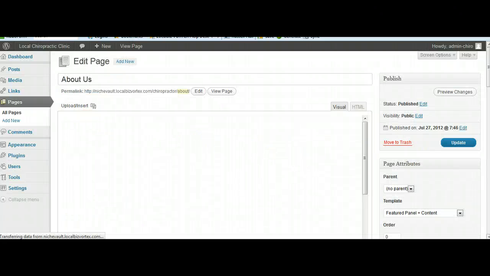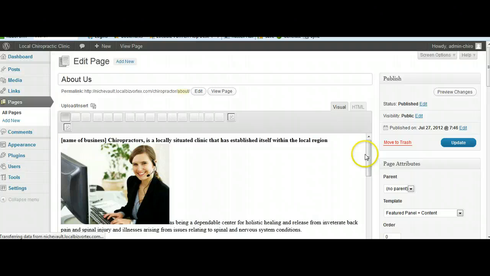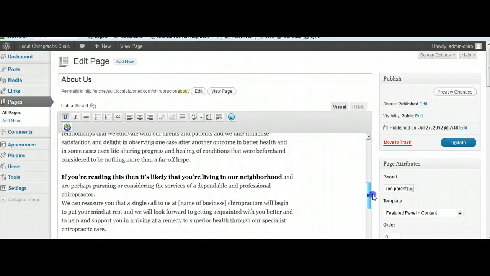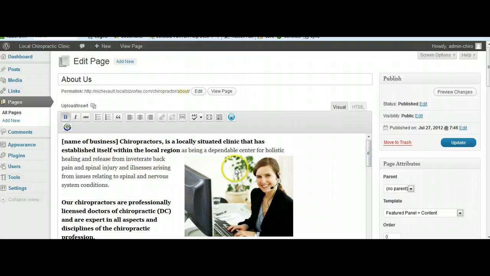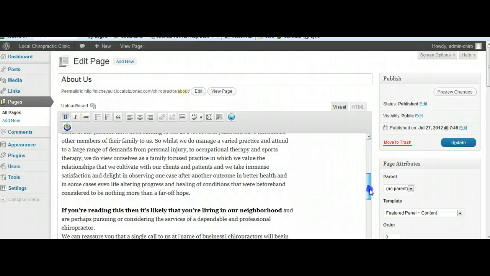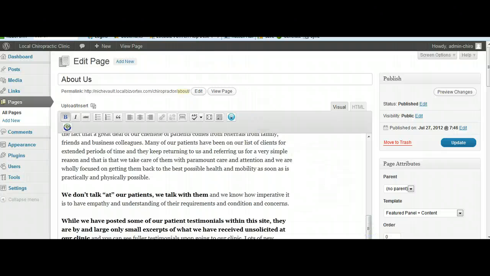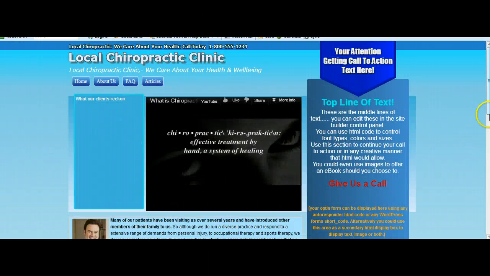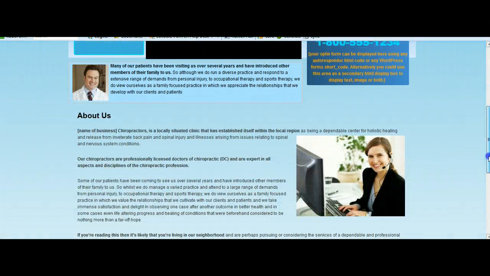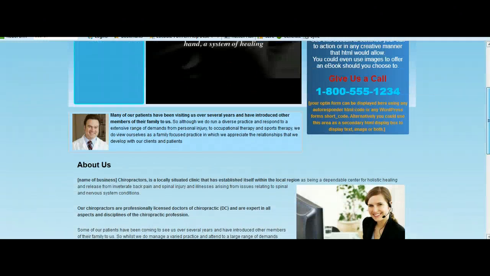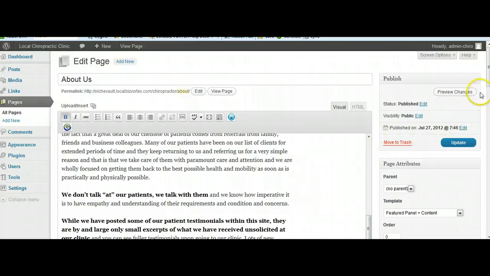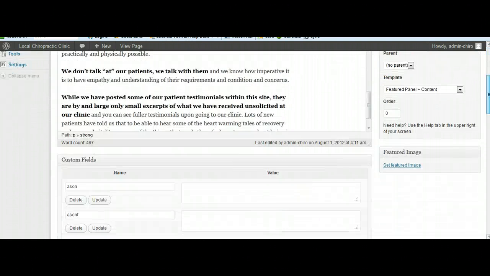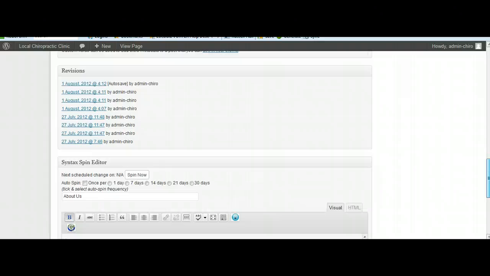Okay, now there's two things happening on the About Us page. We've got the About Us data here, the actual text and the images and so forth, which appear underneath the video. If you'll notice here, we slide down and there it is, all under there. So whatever you put in the actual page editor itself shows up in the main body section itself. Now to control the video, we use